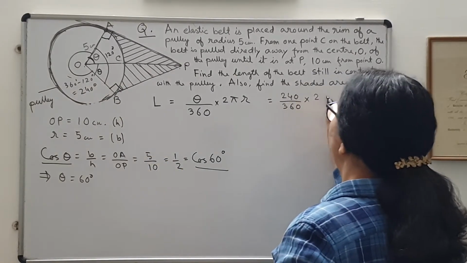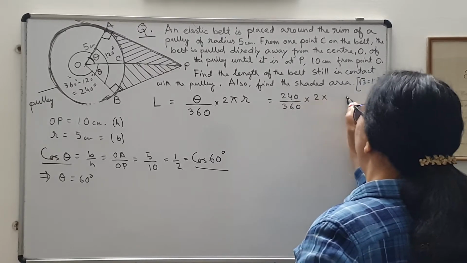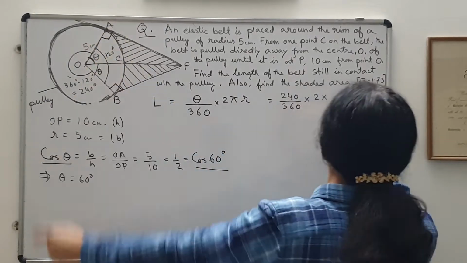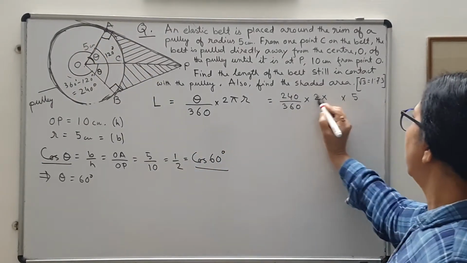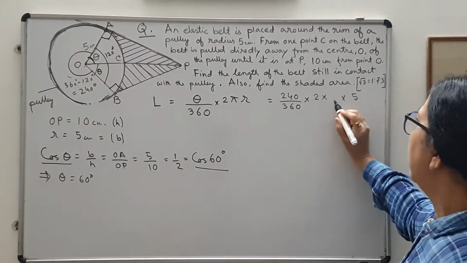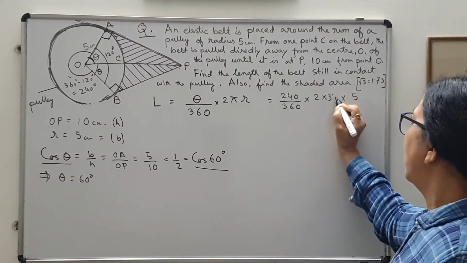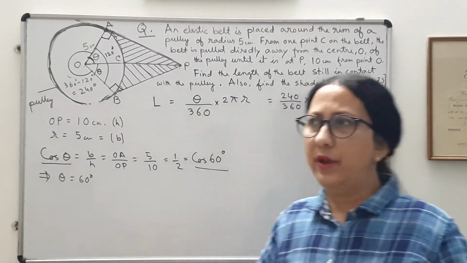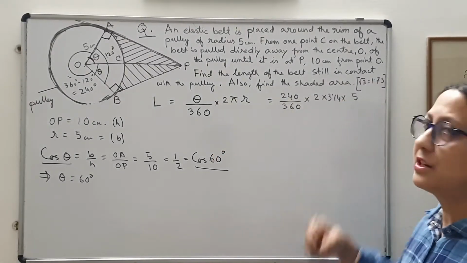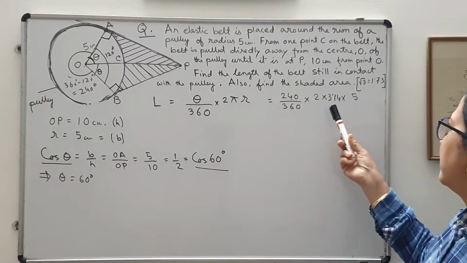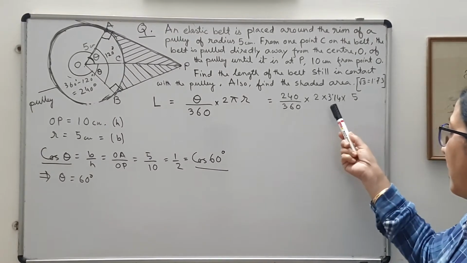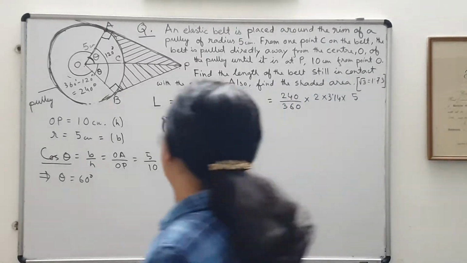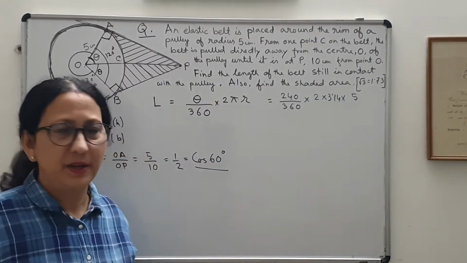into 2 pi, I'll put the value of pi afterwards, and R is your 5. So as you see, 2 into 5 is 10. So I'll take the decimal value of pi, 3.14. I will avoid the value 22 by 7. I take 22 by 7 when R is a multiple of 7. In this case, since 5 into 2 is 10, I will be taking the decimal part. So in this way, I have to make my decision for which value of pi to be taken, so that my calculation becomes very easy.